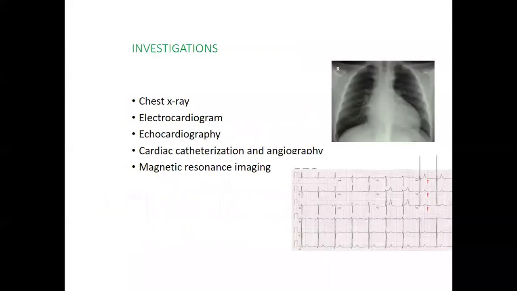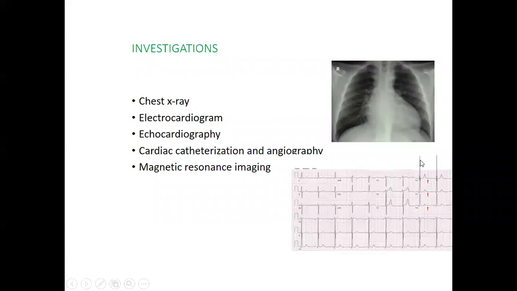So if you see a patient who has got aortic regurgitation, on the chest X-ray the heart shadow will be large in a patient with chronic AR, and in acute AR you can have a normal heart shadow and signs of pulmonary edema. An electrocardiogram performed in a patient who has got chronic AR will show signs of left ventricular hypertrophy. But you see here the difference from the previous left ventricular hypertrophy, where you saw a large R wave in lead V5, and there are ST depressions and T wave inversions in the lateral leads.